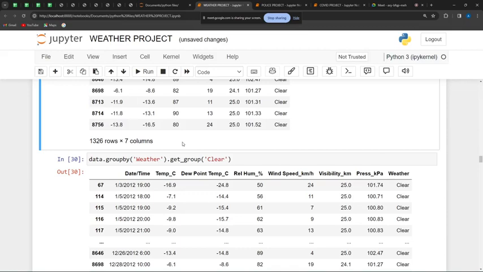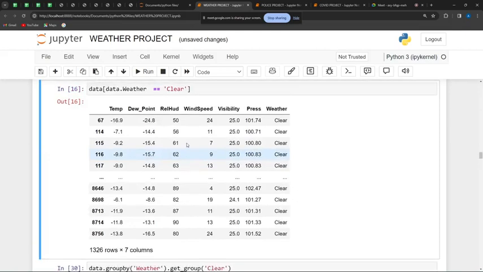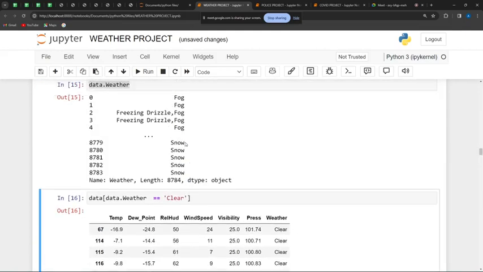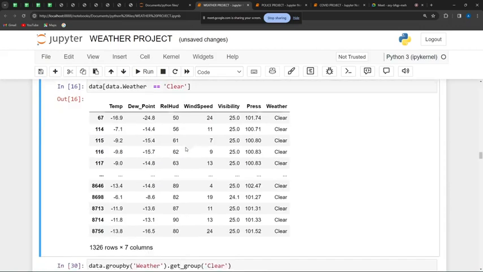Before we move to the next one, please let me understand if you are clear, or you need to check the code again. It's very simple. Just like this in Excel, in SQL it's going to be select star from data where weather equals clear, right? That's how it's going to look in SQL. So before I move to the next one,